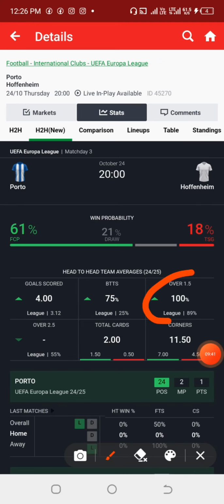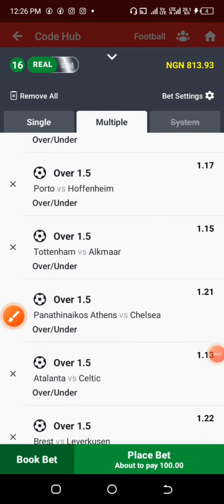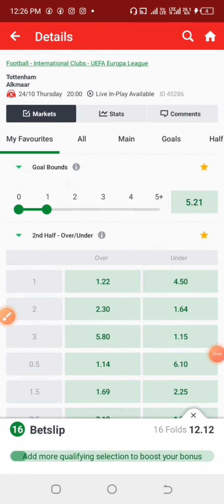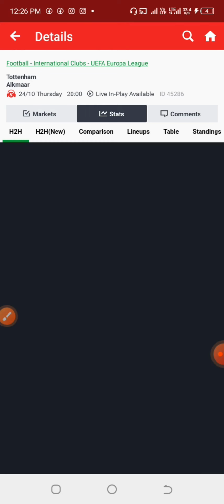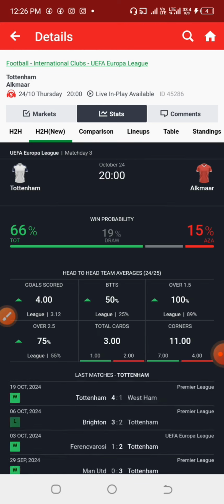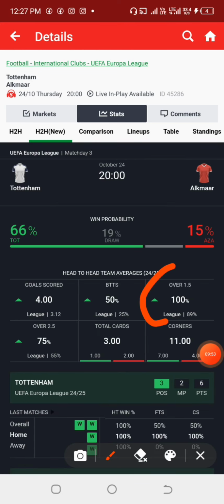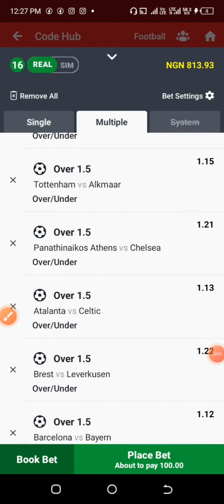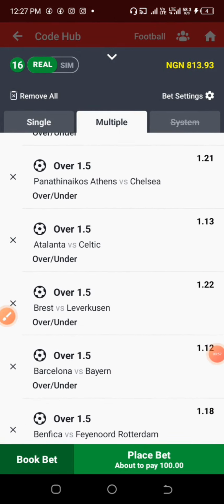Okay, we have another 100 points here. Tottenham Akma. We have 100 here. Okay. One thing about this particular game happens to be that the games that fall under it are